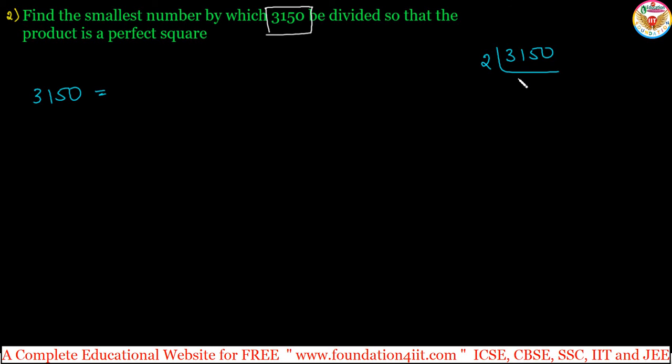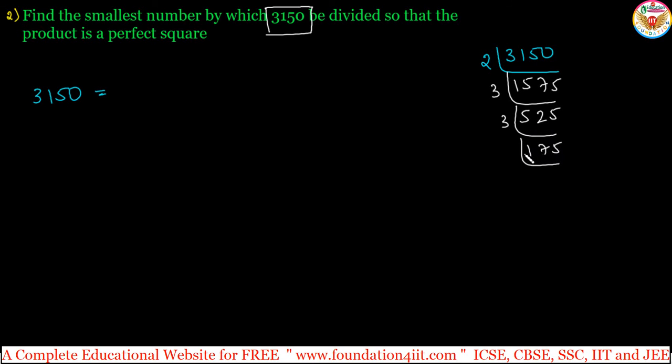2 1s are 2, 1 carry. 5s are 10, 15. 7s are 14. Again 5. Right. Next, 1 plus 5 is 18. So we'll go to the 3 table. 3 5s are 15, and 3 2s are 6, 1 carry, 15. Again go to 3, because if 3 is not possible, next prime number you should take. 3 is divisible in this. That is 3 1s are 3, 2 carry, 22, 7s are 21, 15 means 5. Now 1 plus this is not divisible by 3.